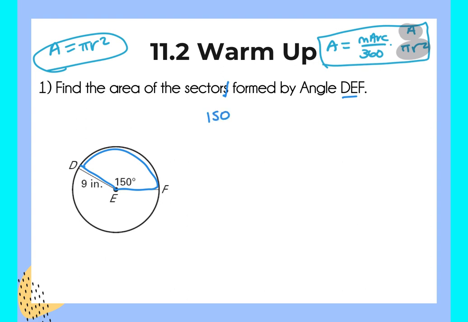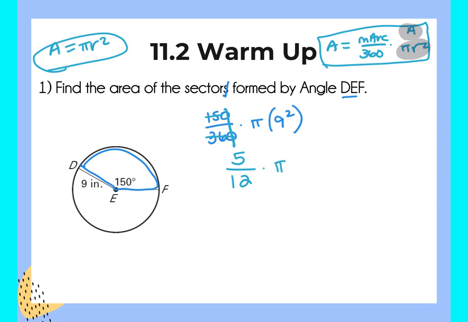I would do 150 over 360 times pi, my radius is 9 squared. What you cannot do is simplify that 9 squared before you actually square it. So you have to make that 81. I can cancel through these zeros. 3 goes into both of these. I could do 5 over 12